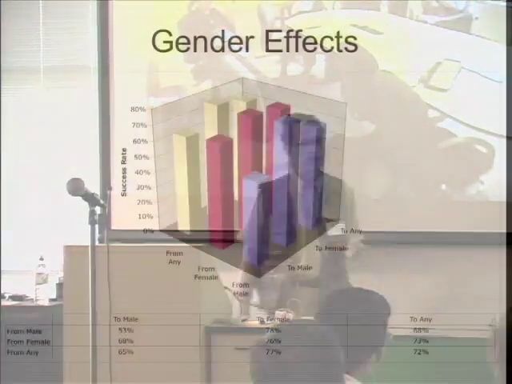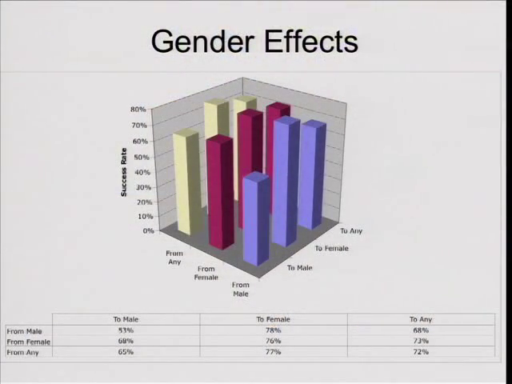So we got some interesting effects. These are the gender effects. If a guy got it from a guy, he did not really care that much. But if a guy got it from a woman, that was much more interesting. And women were very interested in whether they got it from a woman or a man. It's clearly more social behavior that they want to see what their friends are saying. And these are not the clicking rates. These are the rates for correctly authenticating. The rates to click on the link in the email and to go to the site were between 5 to 10% units higher.